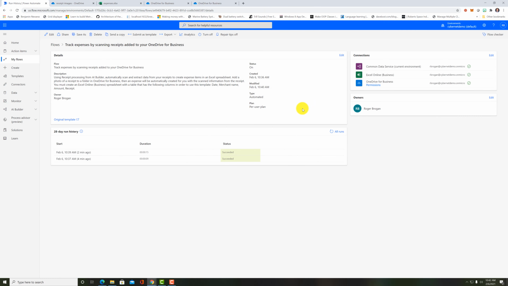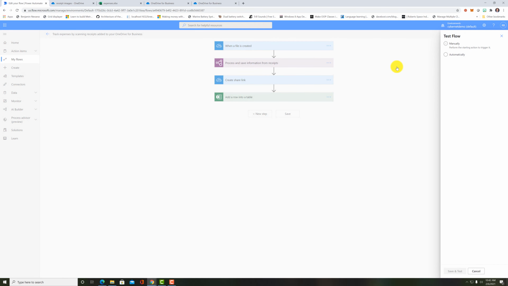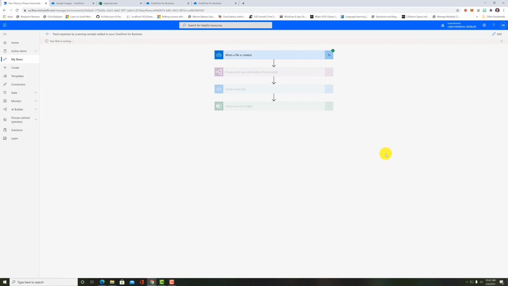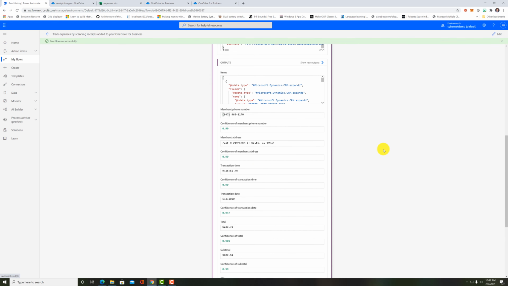Now this is set to automatic, and it will actually go out there and poll like every 5 minutes or so, I think is the default, but we can speed it up a little bit by going in here and testing it manually to kick it off. So it's picked up our new file. It's the JPEG that we just uploaded. And this is another